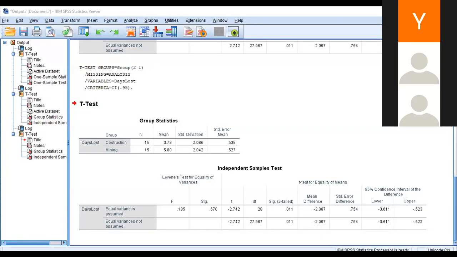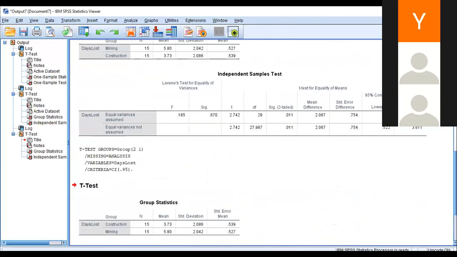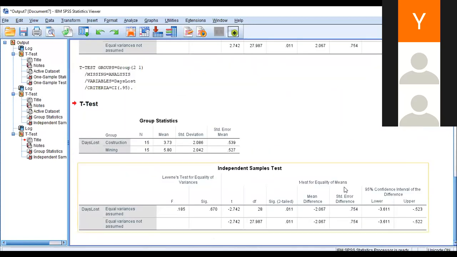Now, you can see it just put negative, negative. What's the difference between the one we did before and this one? It just put T, it just put negative mean difference. I see the lower and upper confidence level, negative to negative.